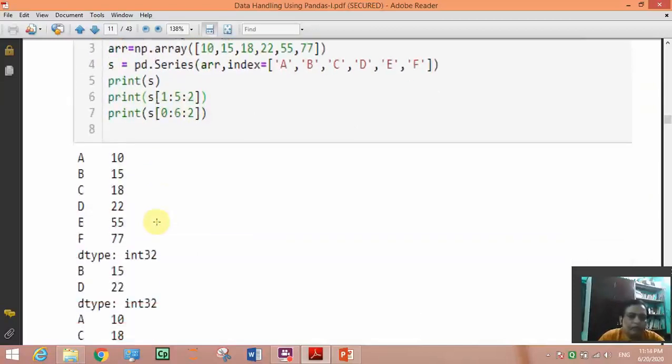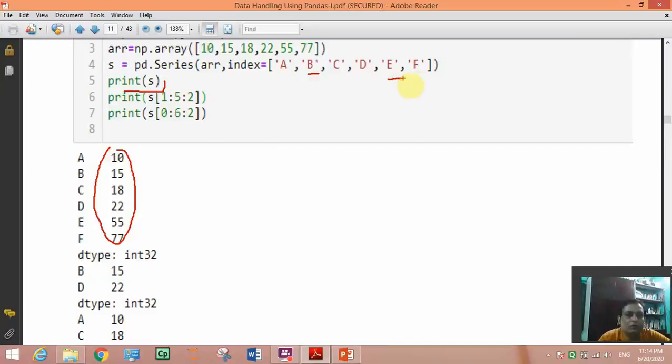So here you can see print s means it will print the full series. Print s[1:5:2] means starting from 1, that is B, where 0 means A. So it will start from B and it will go up to 5, that is 5 minus 1, which is 4, n minus 1.